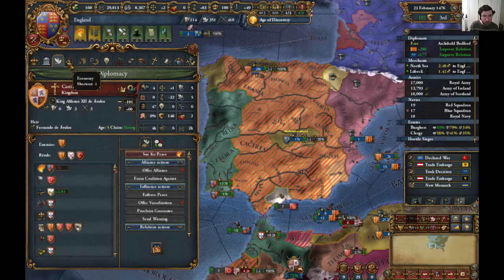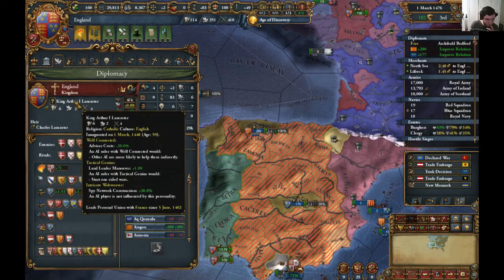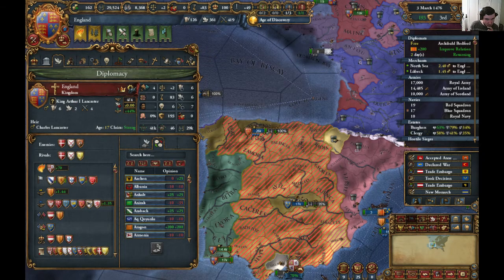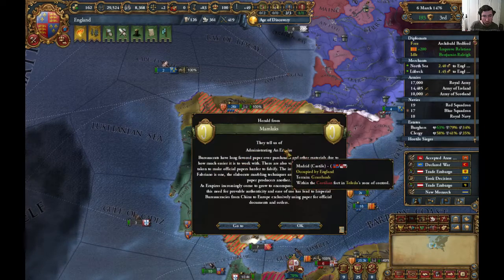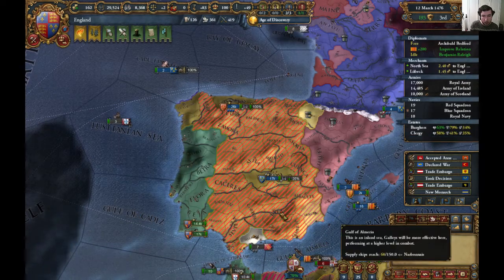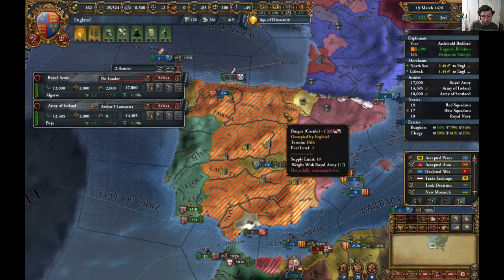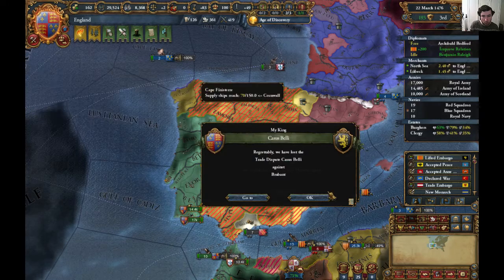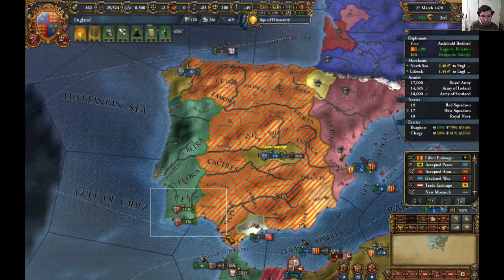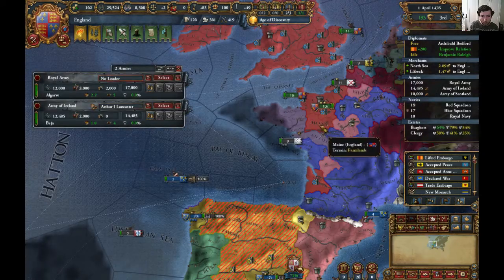Either that or we take the Union and then basically hope. I don't know. It's a very good question, isn't it? So if we take the Union, do we then go and hope that